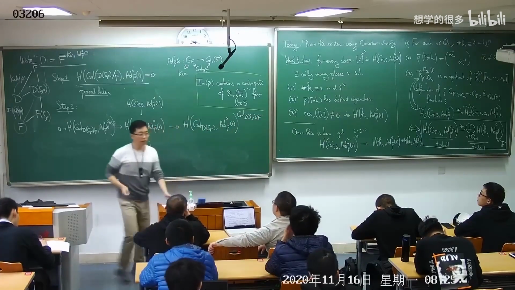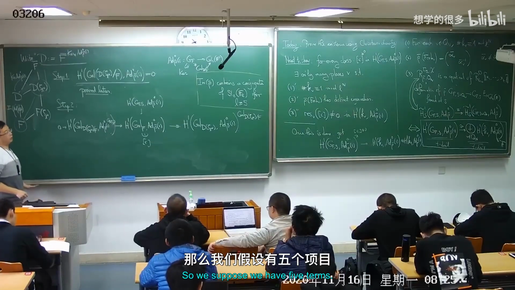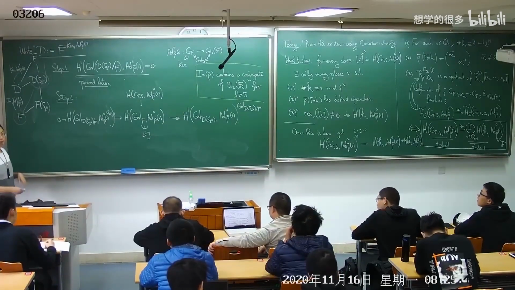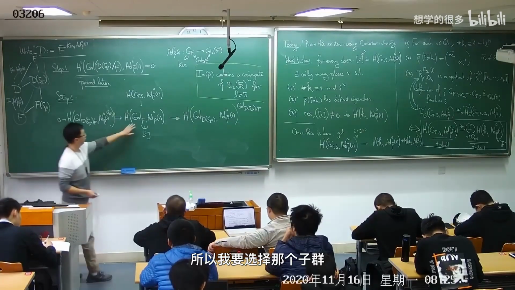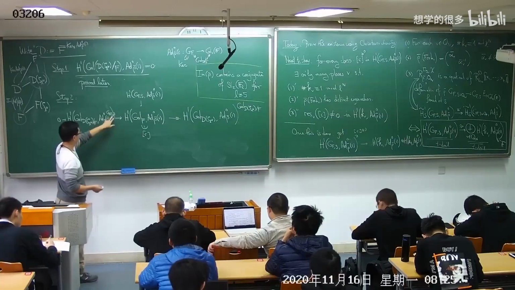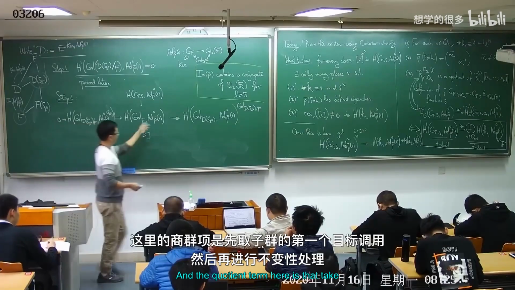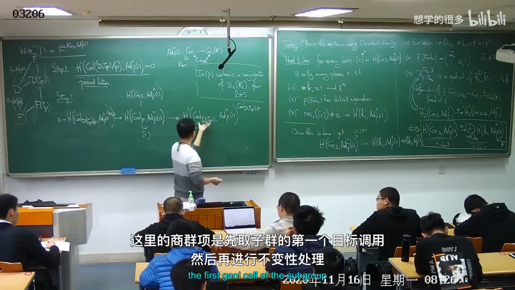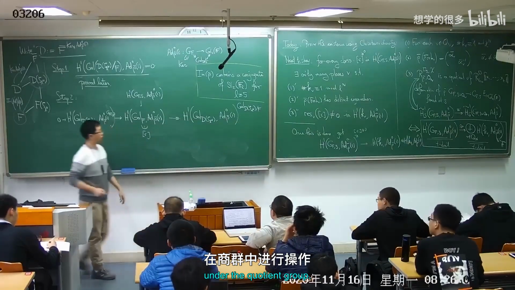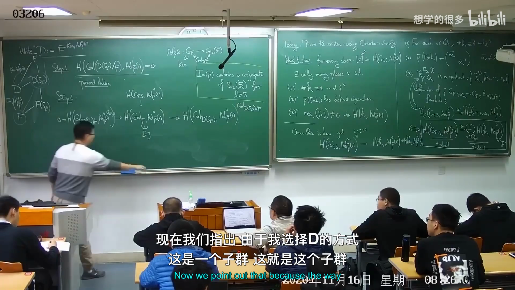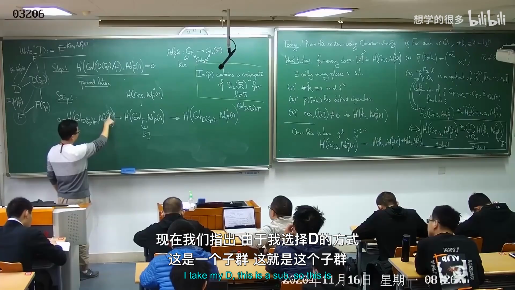Okay. The inflation-restriction exact sequence. Suppose we have five terms; I just need three of them. I take the subgroup and take the invariants of the subgroup, and then take the first cohomology of the quotient group. And the quotient term here is: I take the first Galois cohomology of the subgroup and then take invariants under the quotient group. Now we point out that because of the way I take my D, this is a